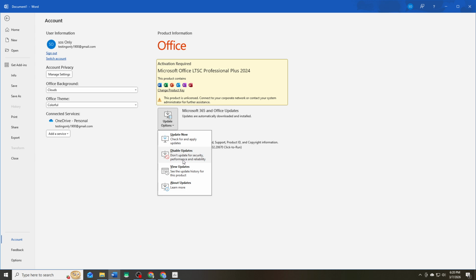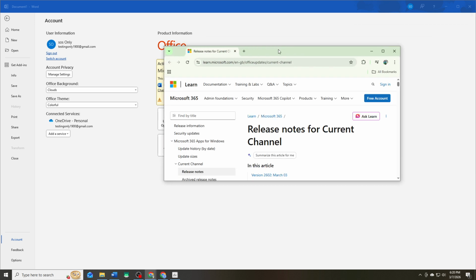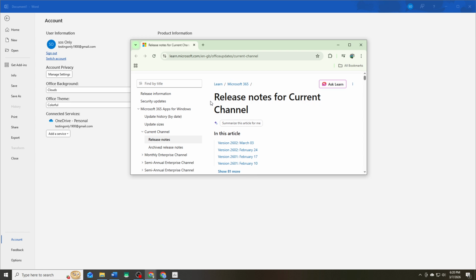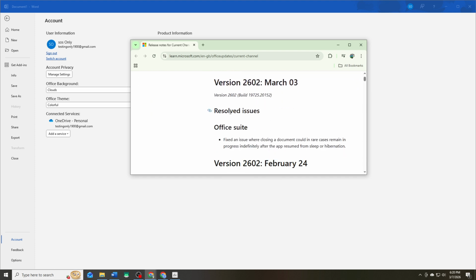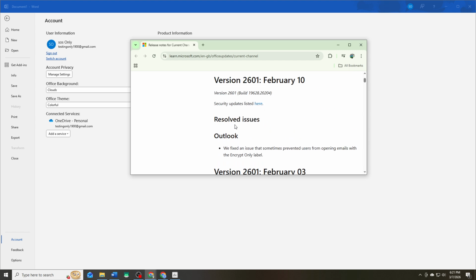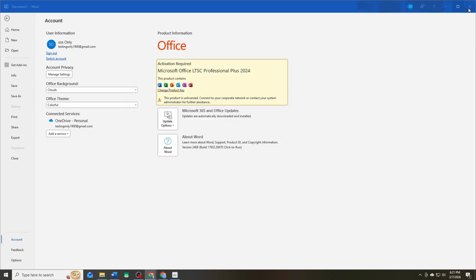Word will then connect to Microsoft's servers and verify whether a newer version is available. If an update is found, Office will guide you through the installation process. Depending on your settings, the update may download and install automatically, or you might be prompted to confirm the installation. After the update is complete, it's a good idea to restart Word and any other Office applications to ensure the